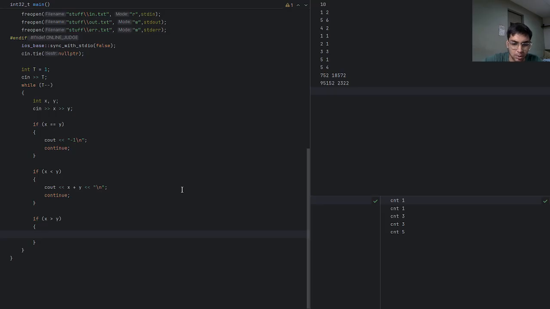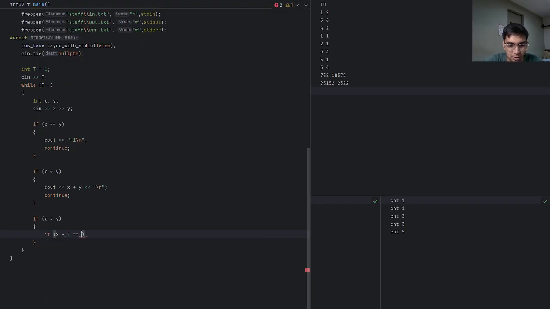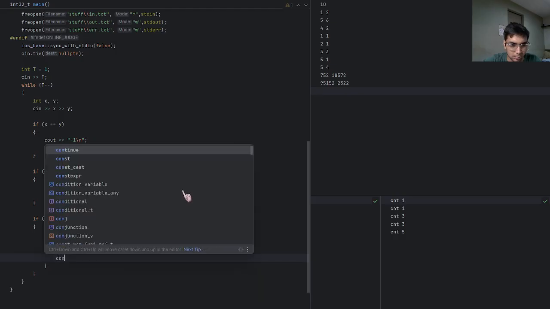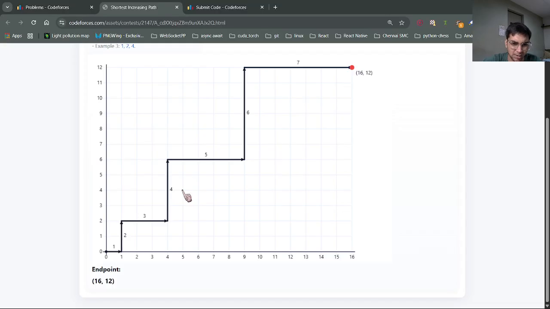So in that case, let's say 4 comma 5, right? So if x minus 1 is equal to y, then no answer. Otherwise, the answer will be again, it's not no. Rather, if this is this thing, then it's